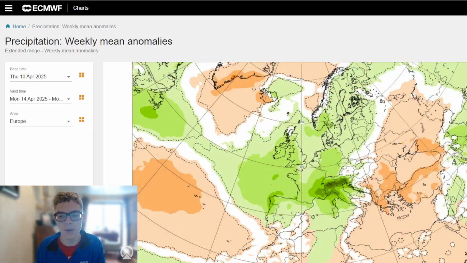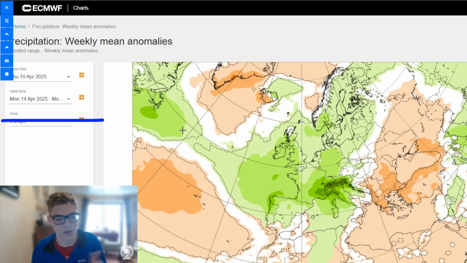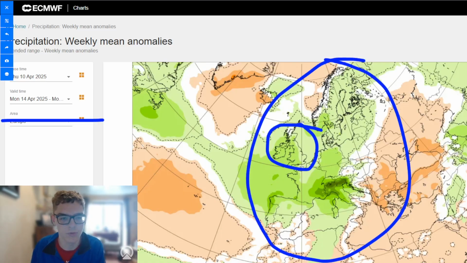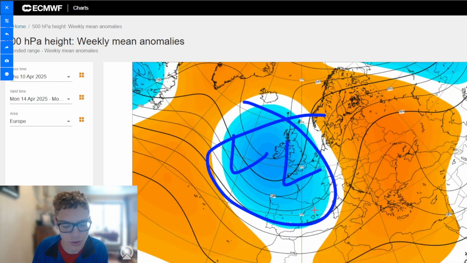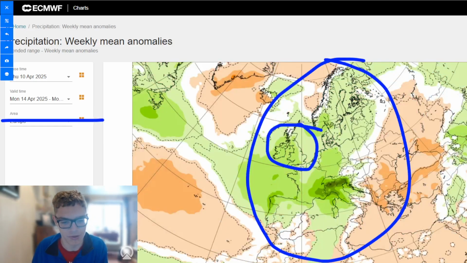You can see it's going to be a wetter week for the 14th to 21st, so next week, with wetter than average anomalies for many parts of Western Europe. You can see there's a definite wet trend, but quite a mild one. This trough over Western Europe will produce rain for France, Spain, Portugal, and the Balkans, you'd expect. Portugal, France, the Netherlands, it's going to produce a lot of rainfall for areas which haven't really seen that much so far.